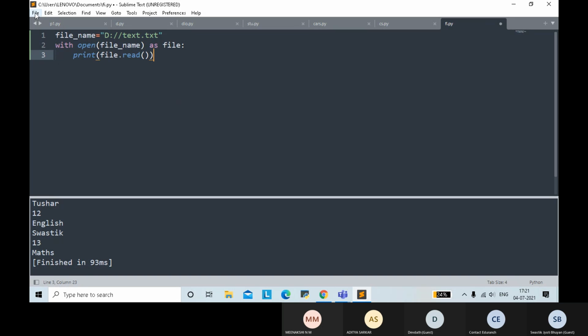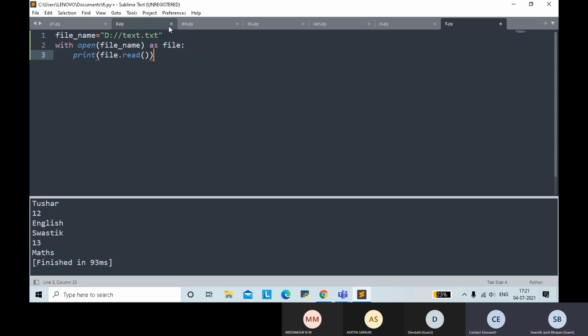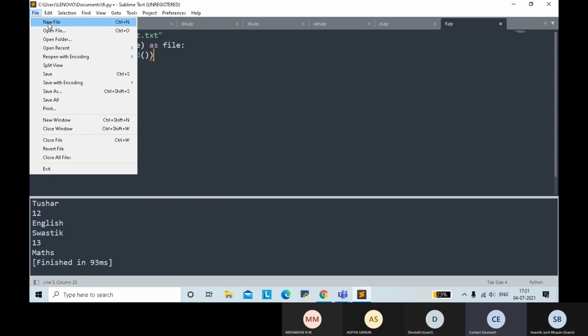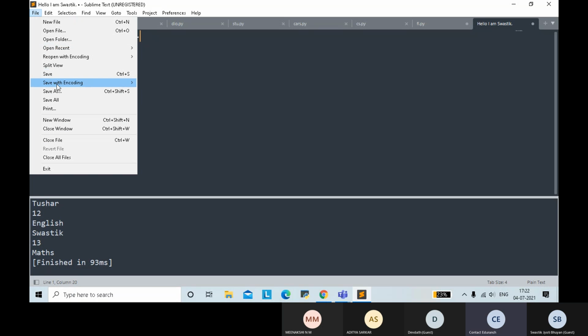Okay. Excellent. Now go create a new file. Just say new tab. Yeah, new file. Here type something and save this file in your D colon.